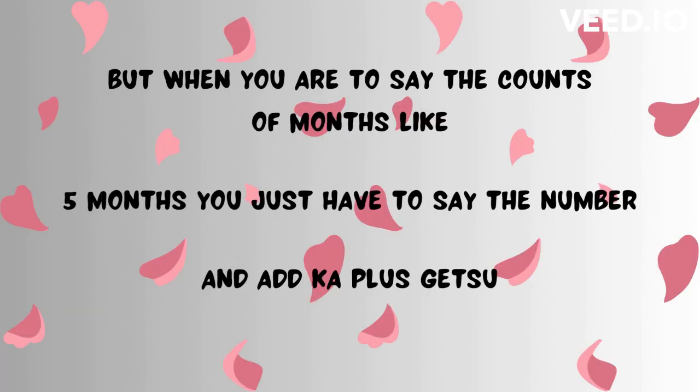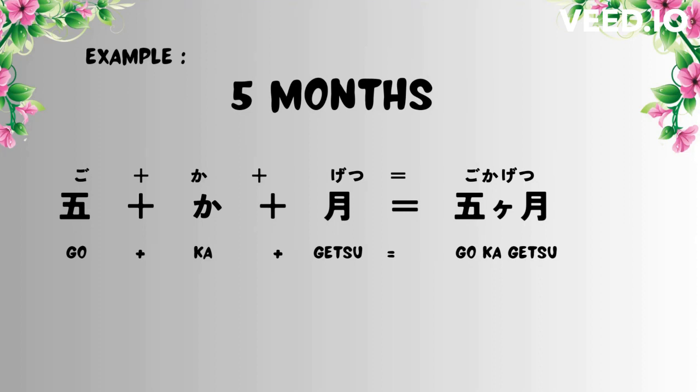But when you are to say the counts of months, like 5 months, you just have to say the number of the month and add ka plus getsu. Like this example: 5足す ヶ 月イコール5ヶ月。